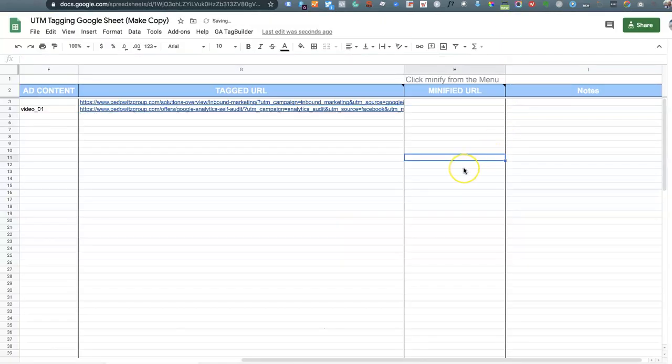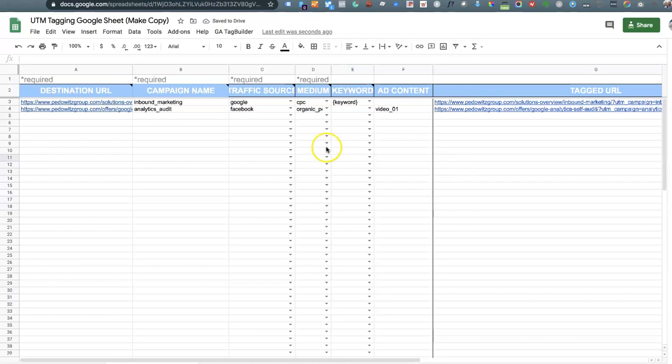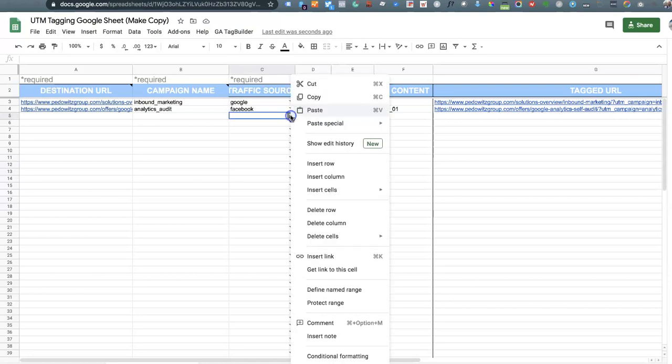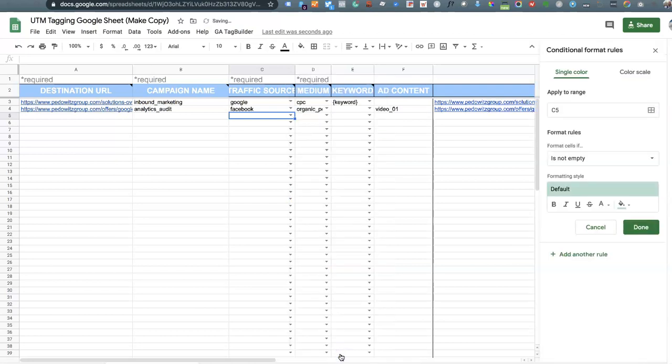So let's come back to the tagging sheet. So now that we know the basics of UTMs, say for example someone says, hey John, this is great, but we have 30 different traffic sources. It's pretty easy. All you have to do is hold down your left click, or on a Mac, control click. Then you're going to come down to